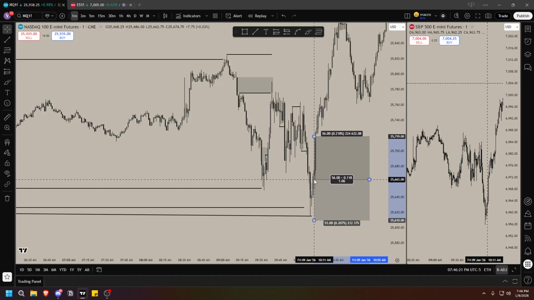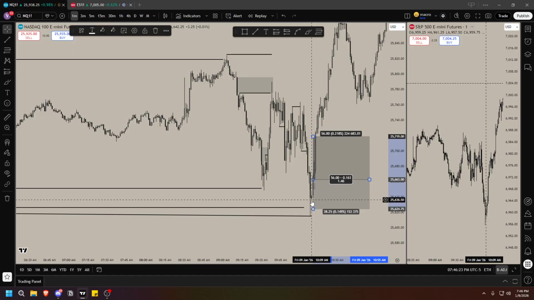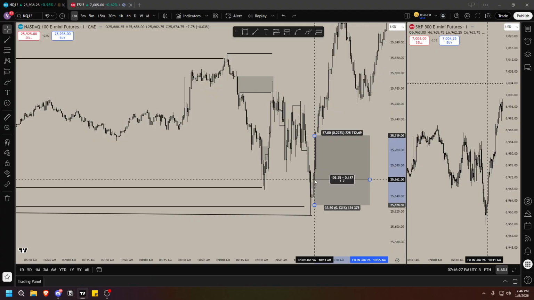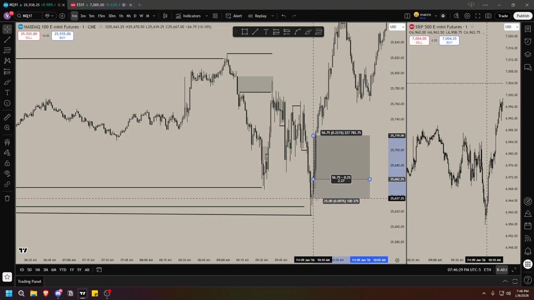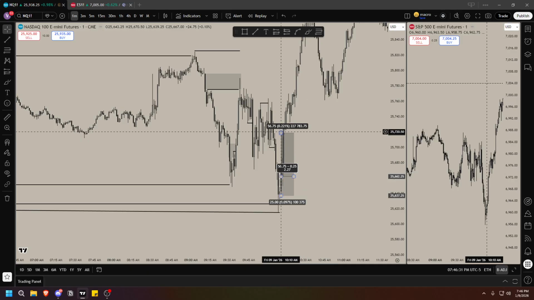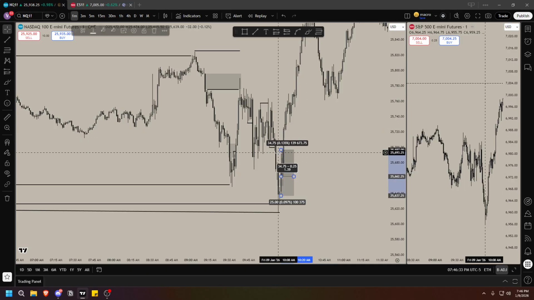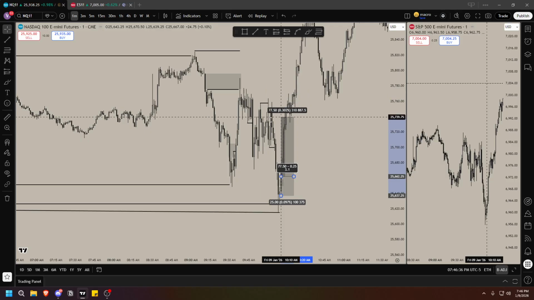Here doesn't matter. You could have even longed here at the order block after the candle closure, but it would have been risky. But let's say you longed at the candle closure, stop loss at the low of the BISI and TP 25 points, which would have been met. The SIBI would have been met. Anywhere here would have been fine to target.